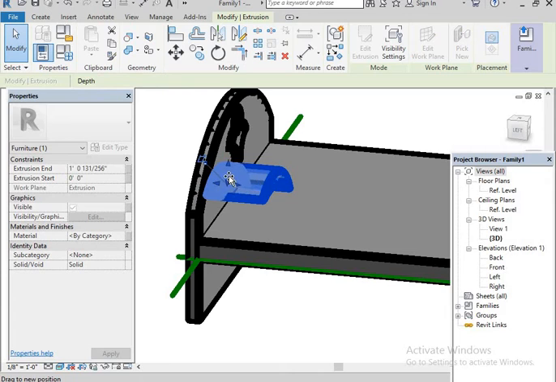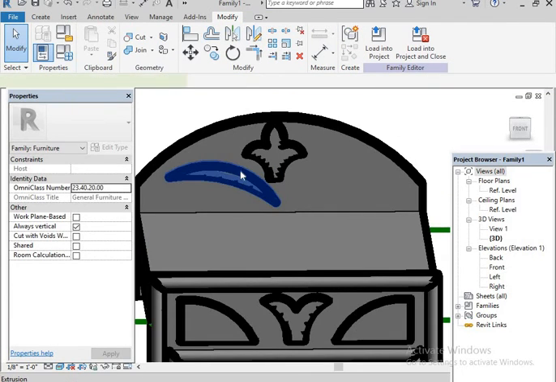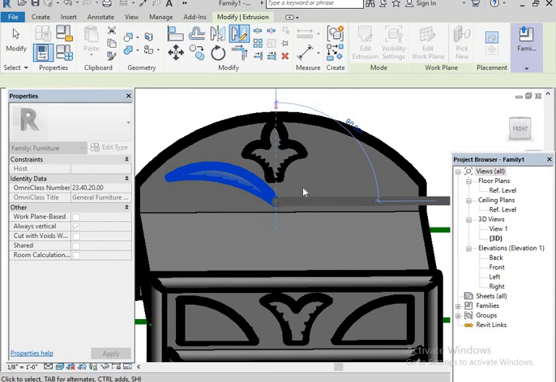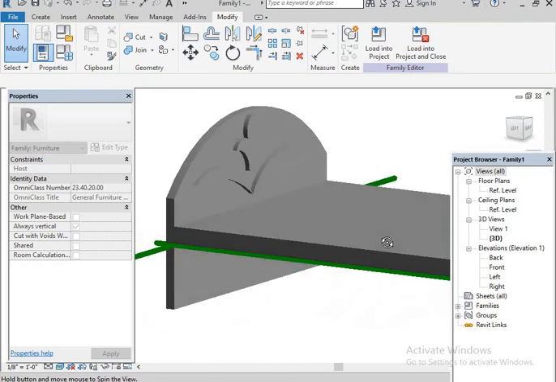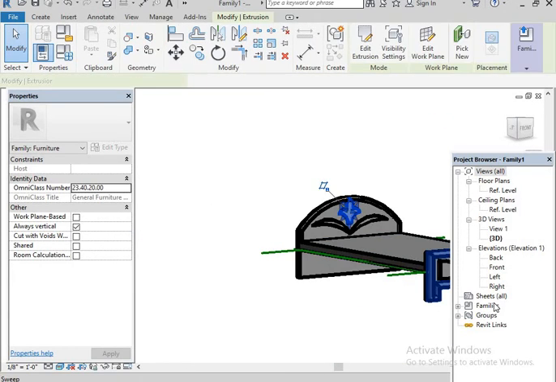Select this, then select this one, go to Mirror, draw axis. You just draw here, it is mirrored. So that's it. I think you got the information.